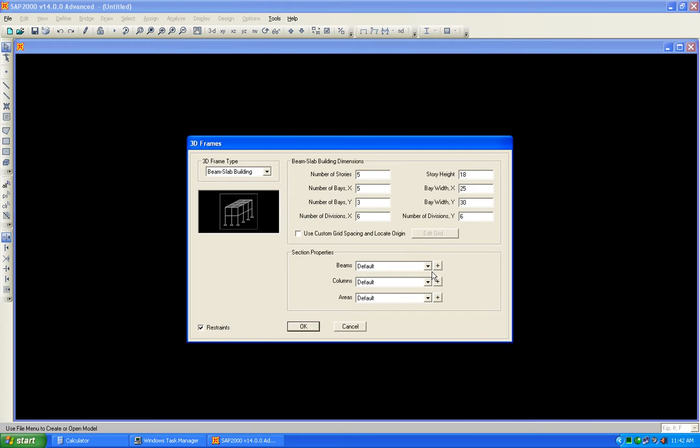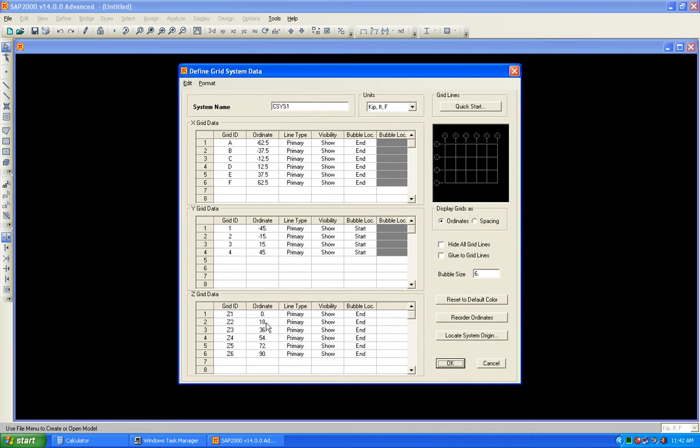Let's define some edits. First of all we will edit the grid. Edit grid data, 0, 18. This is okay. Now this height becomes 33. This becomes 33 because the first height is 18, the other story heights are 15, so cumulatively it becomes 33. 33 plus 15 becomes 48. 48 plus 15 becomes 63, and 63 plus 15 becomes